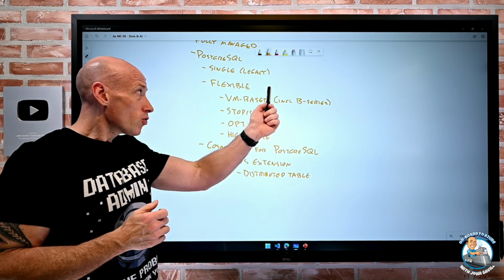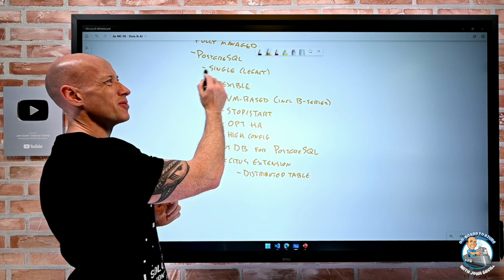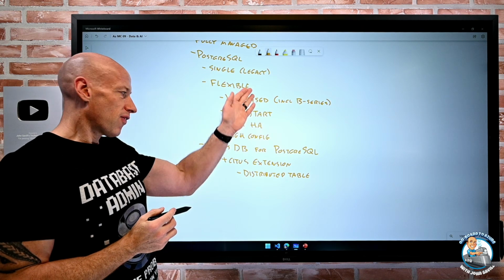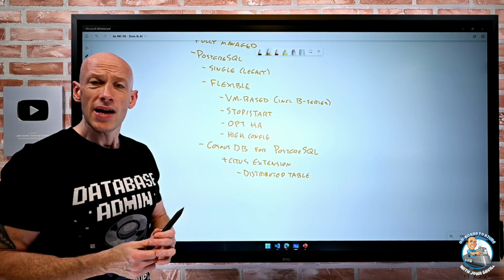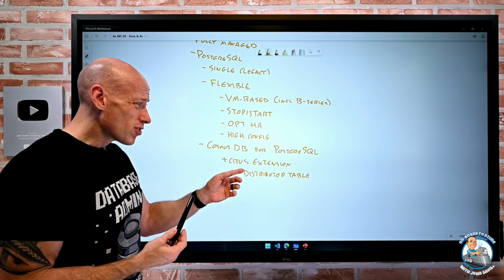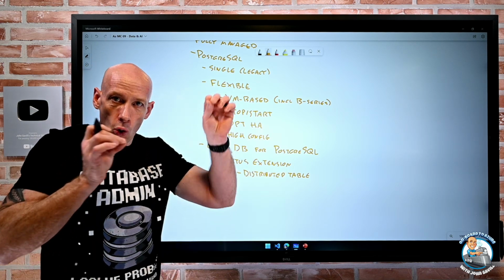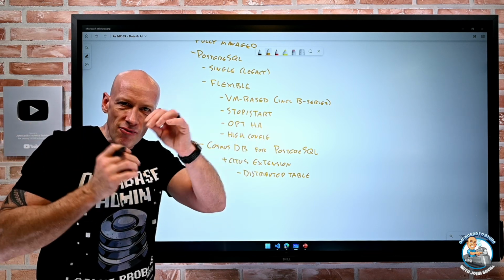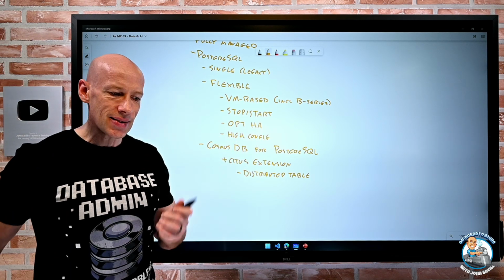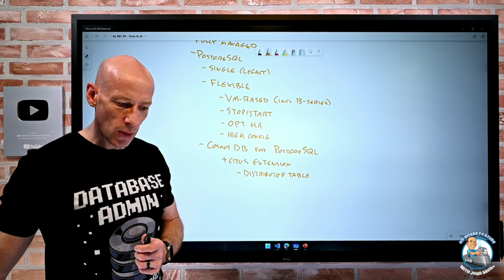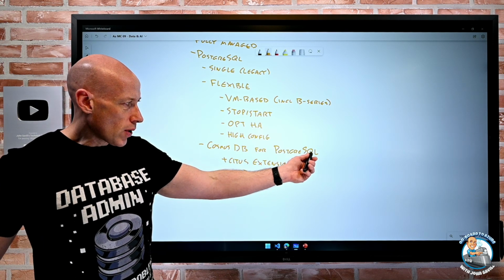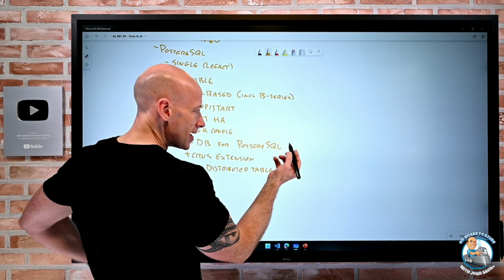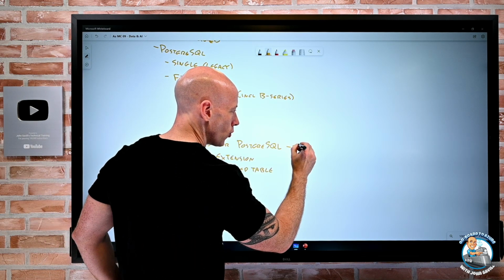So there's really three versions of Postgres. I wouldn't really use single, but definitely flexible. If I need that huge scale, I need those distributed tables. There's also reference tables. A reference table is where the data is replicated to all of the nodes. Maybe it's some common set that everyone needs to go and look up against. I still have those capabilities as well. Now for this, I guess I should point out that I can run this, funnily enough, in a single node mode,